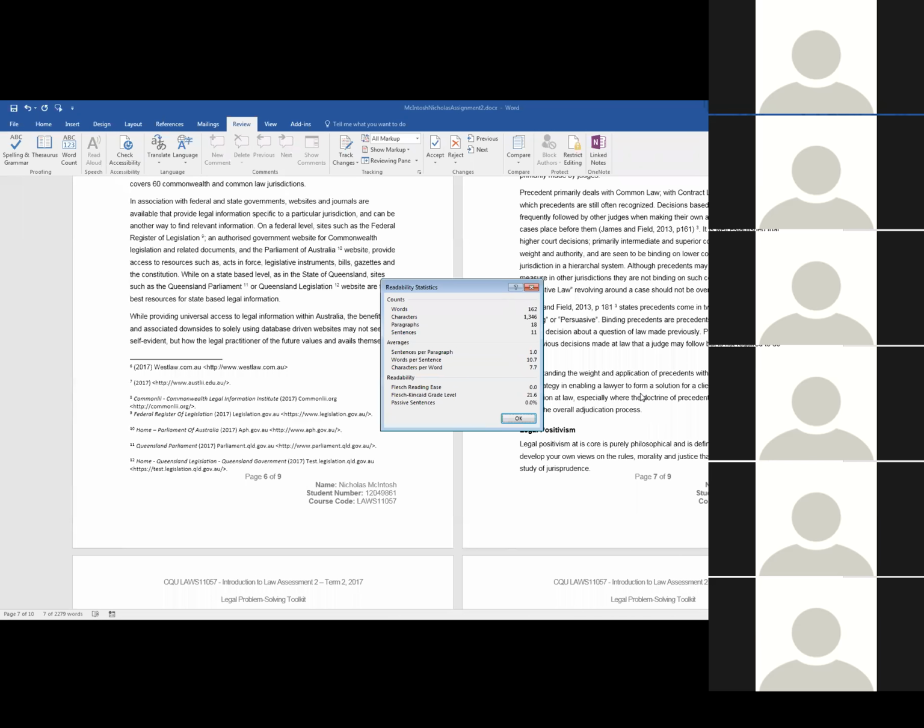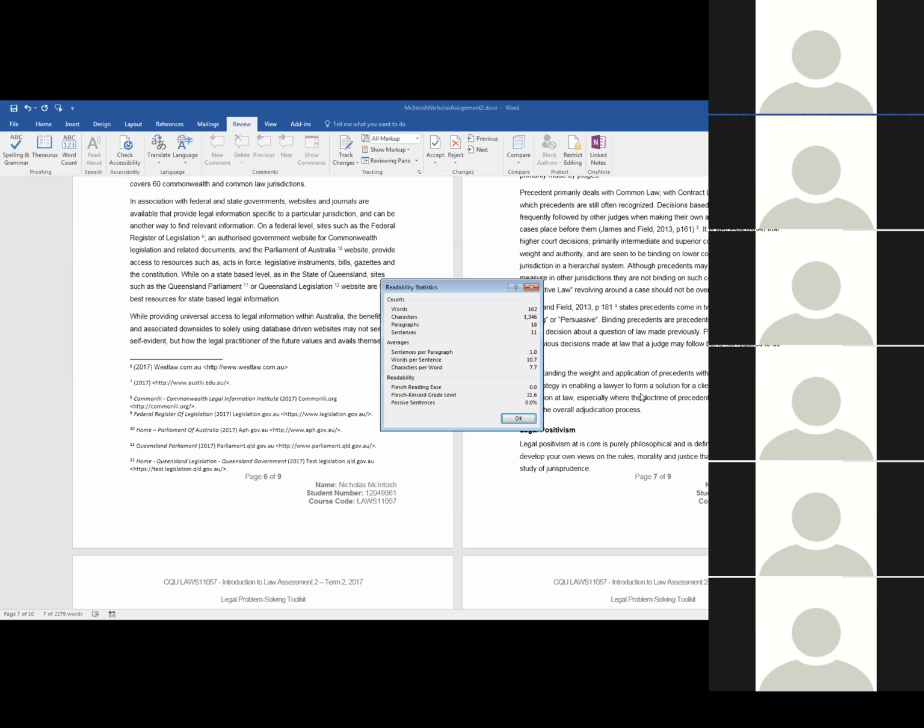What I'm interested in here is this. The readability, the passive sentence is 0. That's why it's such a bad example, but there's just no passive sentences came up at all. The readability grade level is 21.6. That's pretty high.